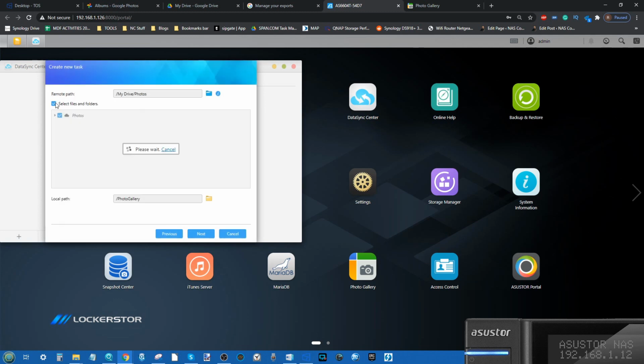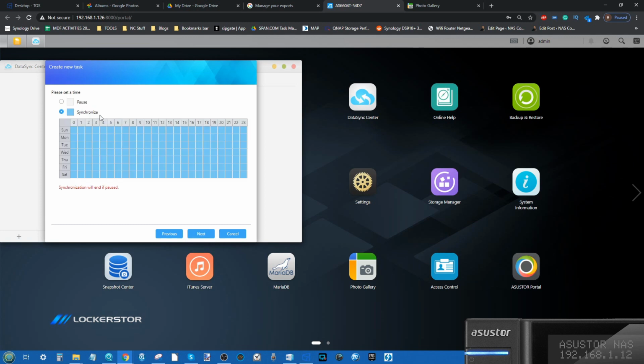If you want, you can select individual files and folders if you choose. But for now, we're going to go ahead and let those two be the synchronized areas to carry data from the My Drive, the Google Drive Photos album into our photo gallery. Click Next, and next you can say whether you want this to be all the time or on a synchronized task. So you can choose whether you want this to be at a certain time of day, such as 1 or 2 a.m, so the network doesn't get too saturated by this, or make sure it doesn't happen at certain